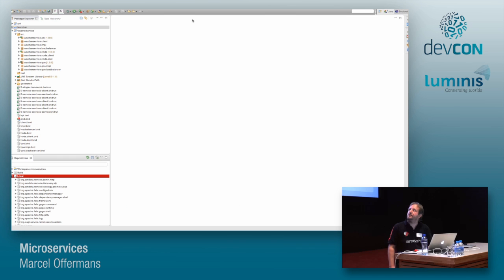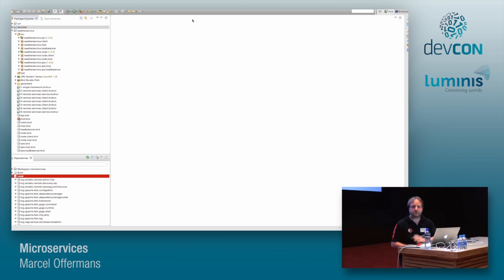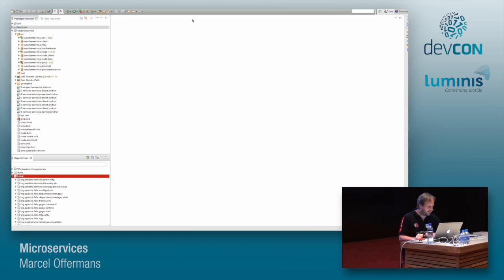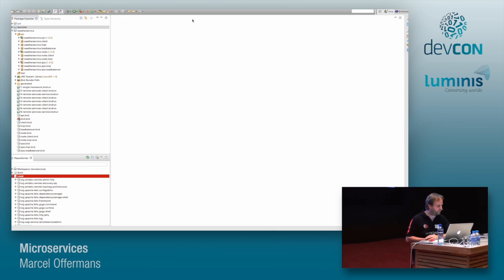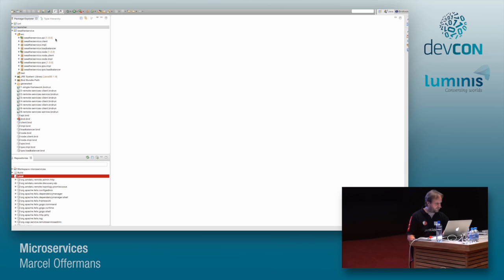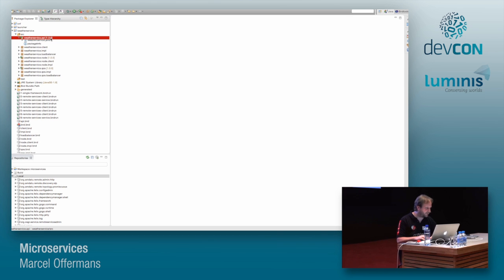And what I have here is an Eclipse project, and you probably cannot read anything on the left very well. Well, you might, it's a pretty big screen, but it's not the most important part. I'll show some code examples, and those will show up in a bigger font. So to demonstrate how to do microservices with OSGi, I set up a fairly simple project, and I thought it would be interesting to do not a Twitter client, because everybody does that, but a weather service, because nobody has provided a good one for that yet, so I might as well give it a shot.